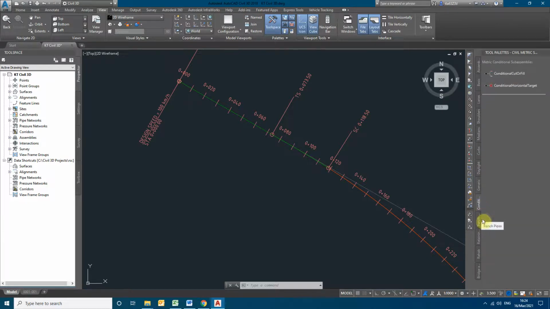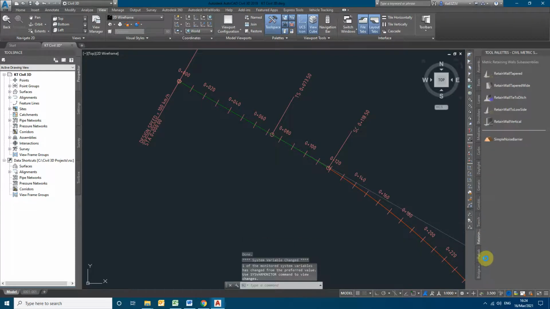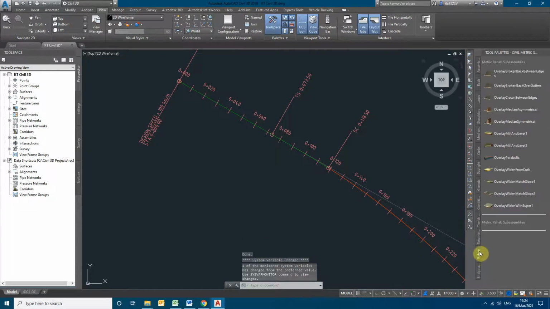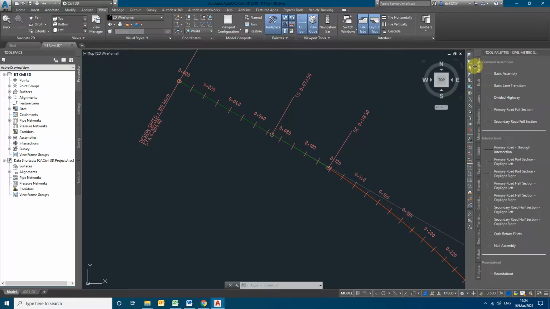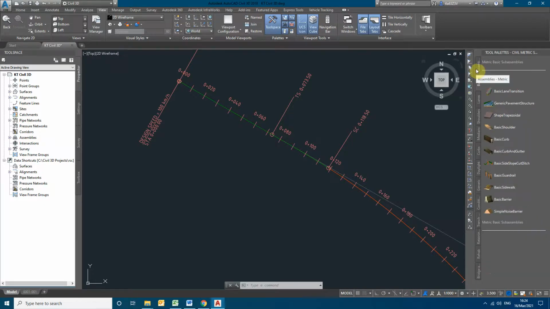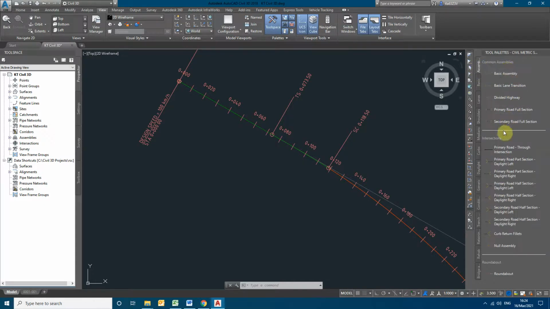And we have the condition-based cut fill quantity related slopes, and some trenches for the ditches and side drains. And these are some retaining structures, rehabilitation structures, some bridge components. In the newer version, you will find much more standardized, readily made assemblies also available, which can be directly used.